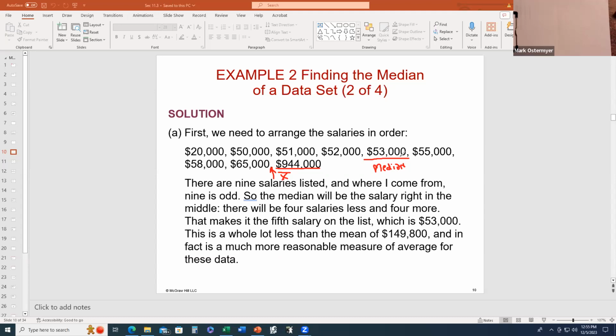Regardless of the outlier in the data set, it still determines accurately the middle of the data set. Okay. So why use the mean? Why not just compute the median all the time? Well,